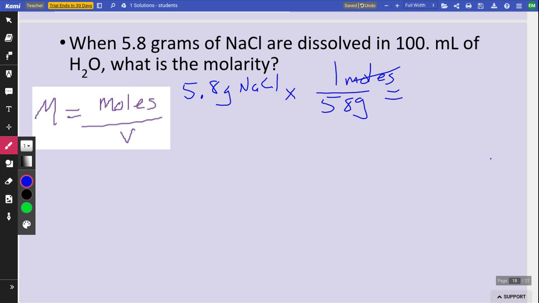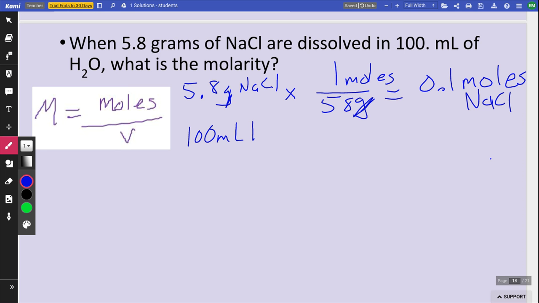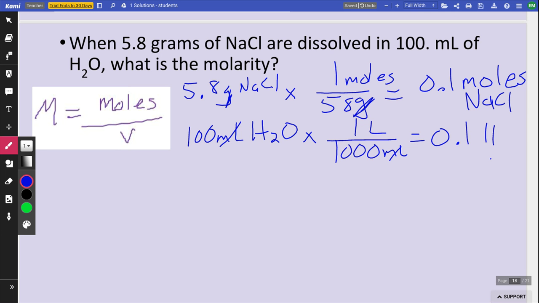This lets us cancel out the grams, not the moles. And we get 0.1 moles of NaCl. So there's our top number right there. Now the other is 100 milliliters of water. We just want to convert that to liters. For every 1 liter, you have 1,000 milliliters. That'll cancel out the milliliters and give us our liters. That's also 0.1 conveniently. And that's liters